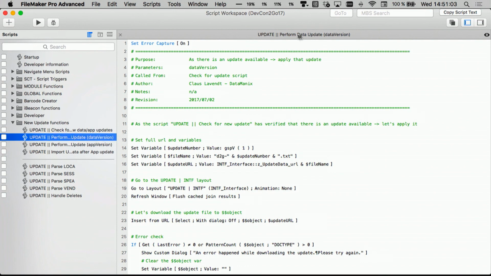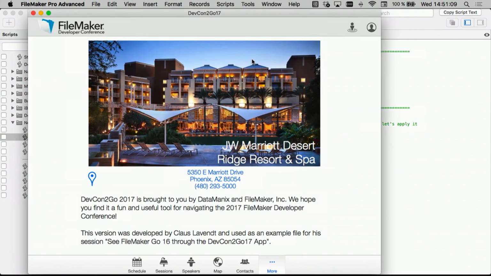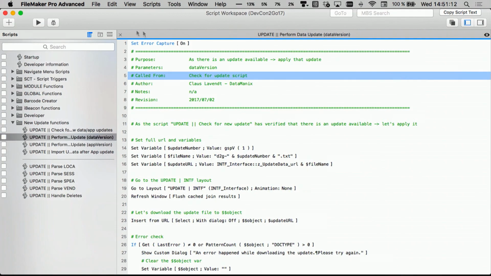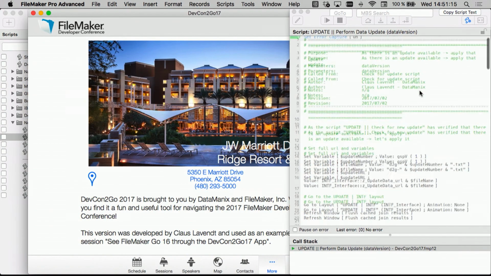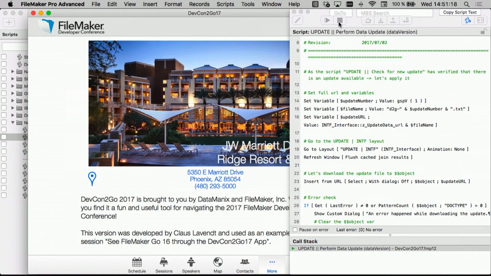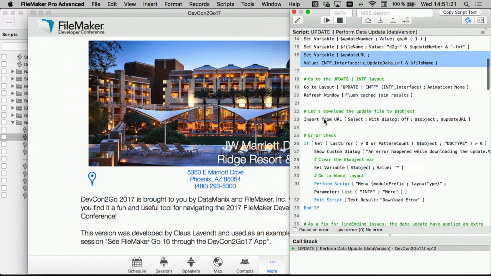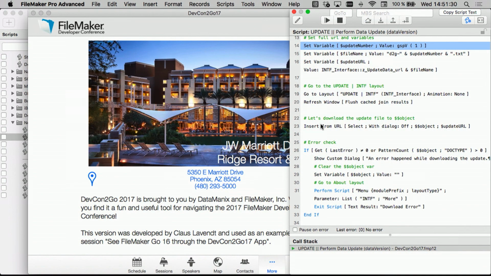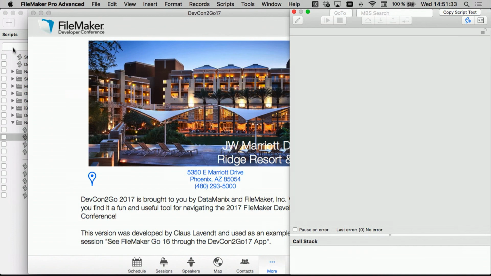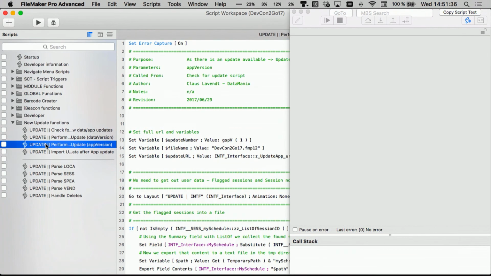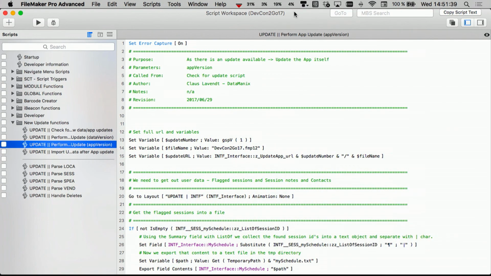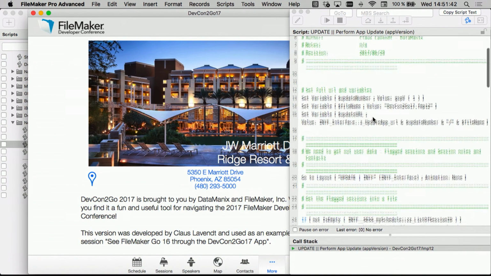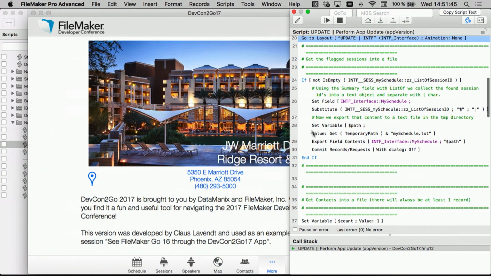Now let's say we want to perform the data update. Sorry, I wanted to debug this. So let's say we have a data update. This was the app update I wanted to do. There, okay. So the first thing we do is that we are